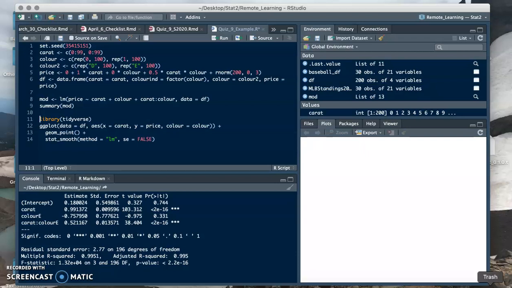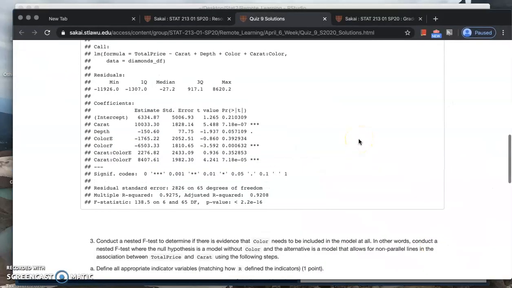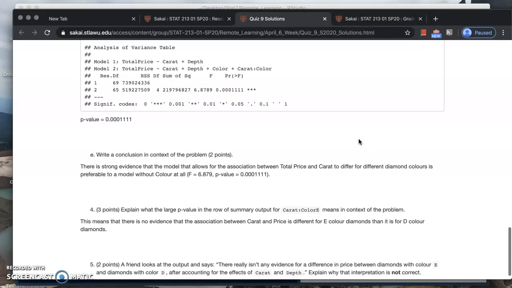The purpose of this video is just to cover question 5 on quiz 9, which I think a lot of people ended up not quite understanding. And so I figured a video explanation would be a little bit easier than a written explanation in the quiz solutions. If you remember, question 5 says a friend looks at the summary output